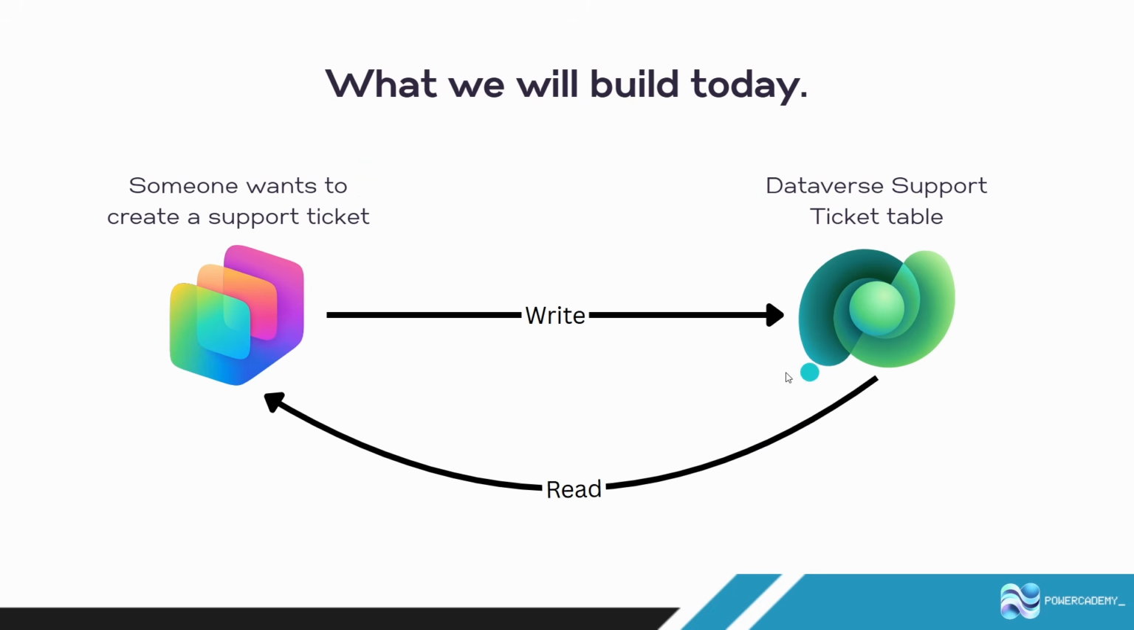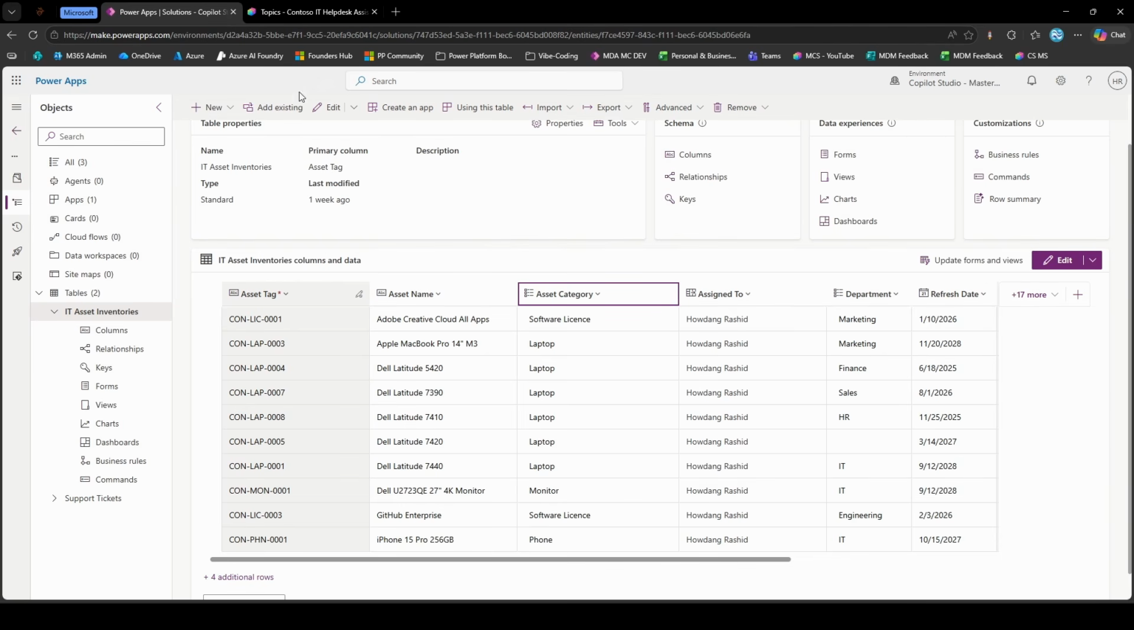What we're going to build today with the tools is someone wants to create a support ticket. So that topic that we just created is going to run through that flow, and then it's going to write that data into the Dataverse support ticket table. And then if that user wants to read that data, it can be sent back to Copilot Studio any way that they'd like. If we just very quickly go into our Power Apps solution and open up the support ticket table,